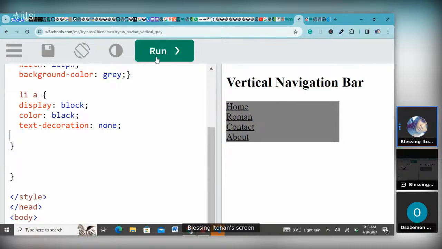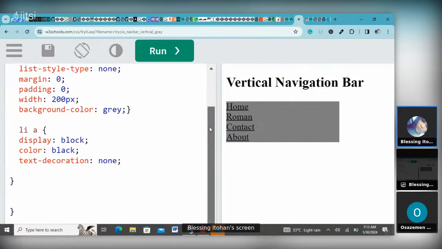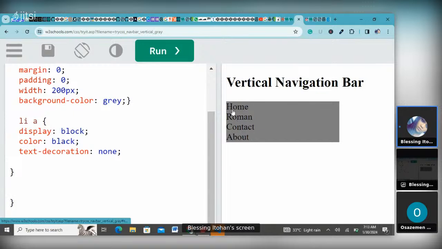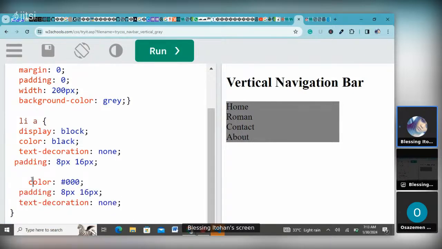All right, so now if I run this, I don't know why it's not running. Is there a mistake somewhere? Okay, so now you can see it, there's no underline. So now we want to give it a padding. Okay, we want to put space in between. So I'm going to give it a padding of,